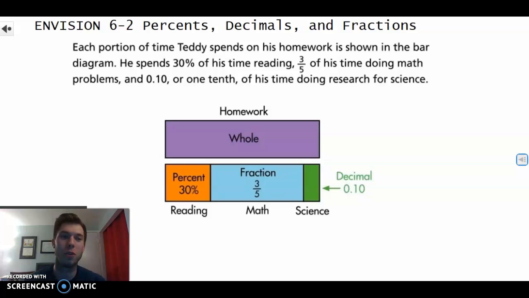Today we are going to look at Envision 6.2 that deals with percents, converting percents to decimals and fractions and vice versa and all over. And it's a lot of converting, but we're going to get through it and we're going to have a lot